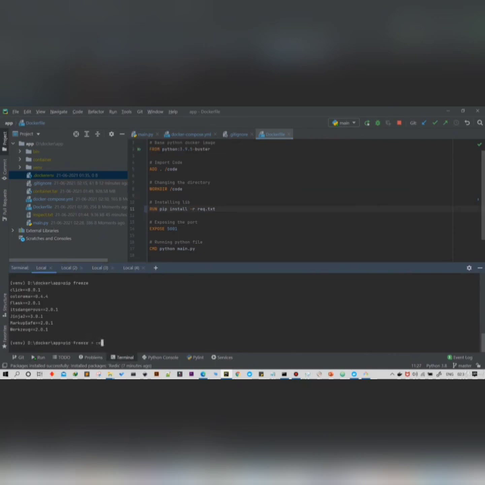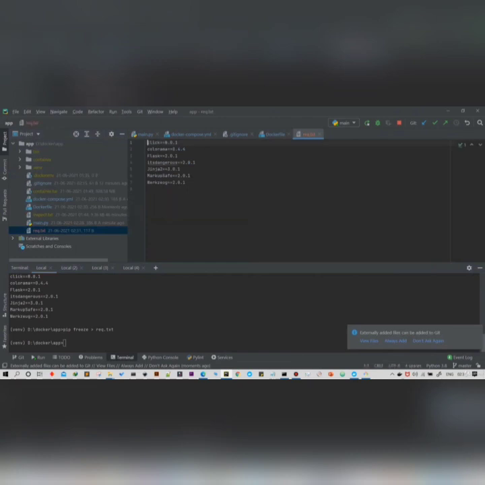Now we're going to run pip freeze and redirect it to the requirements.txt file. It will create a requirements.txt file, and it will contain the list of all libraries and packages with their versions.